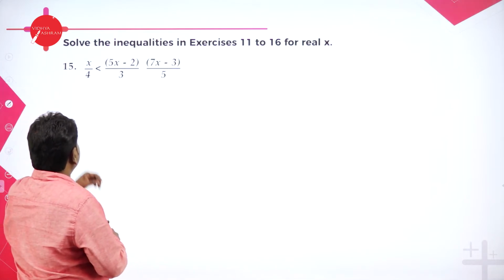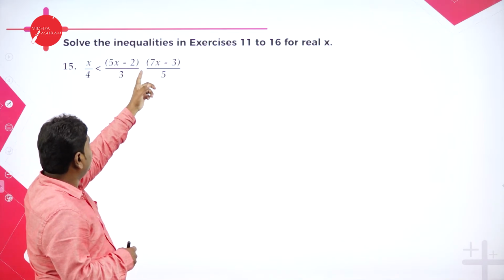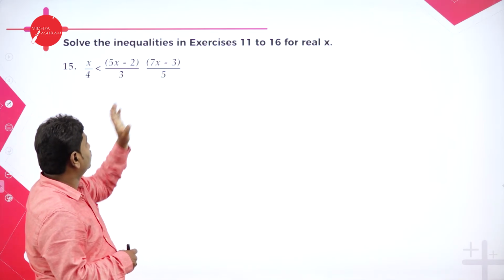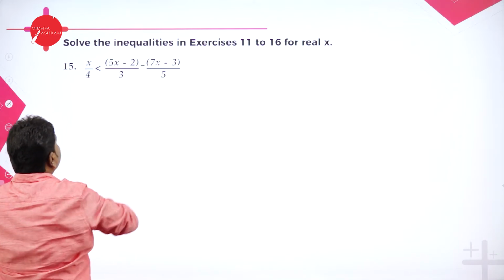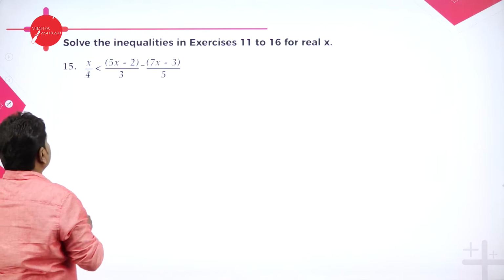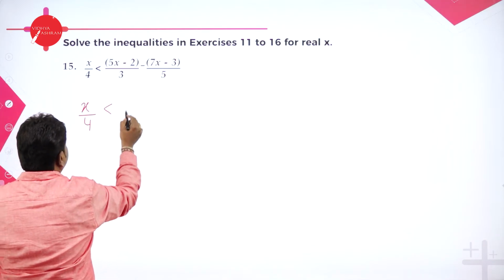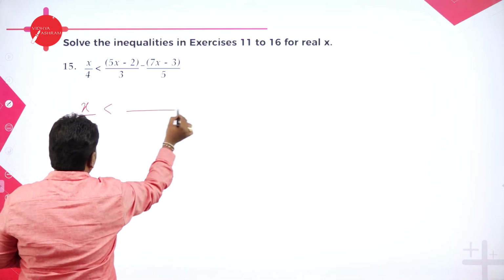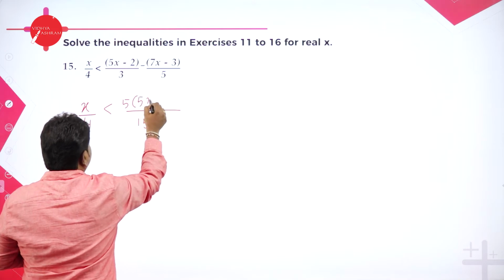Next we have x by 4 less than 5x minus 2 by 3 minus 7x minus 3 by 5. So now simplify this. x by 4 strictly less than, for 3 and 5 LCM is 15. So 5 into 5x minus 2,